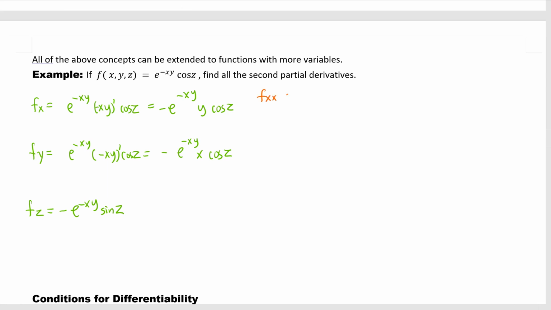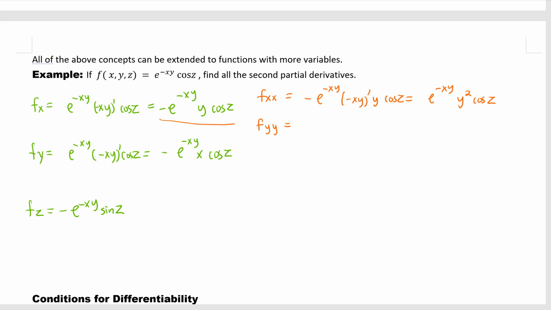Okay, let's look at the second partial derivatives. So fxx. Well, we take the derivative of this guy with respect to x: minus e to the minus xy times chain rule, (minus xy)', copy the rest. Okay, and the derivative of minus xy is minus y. Minus minus becomes positive, so e to the minus xy and y squared cosine z. Do you have the same answer? Yeah, I really hope that you can pause the video and